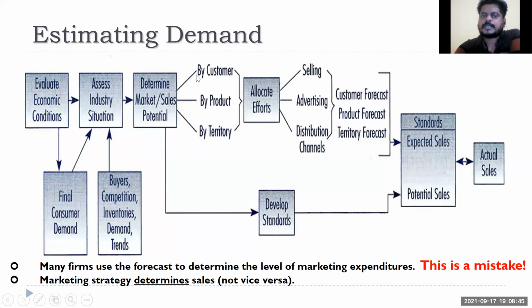This is important, depending upon the product or services you are selling. You look into what my sales potential is by product, and by different customers. If I'm a B2B organization, I'll look into smaller, medium-sized and larger organizations, or geographic locations. If I am from TCS or Infosys, I'll look into which market I'm going to sell more in: USA, Europe, or Asia. That is my territory. Wherever I have a larger sales potential, I find that the market potential is huge.